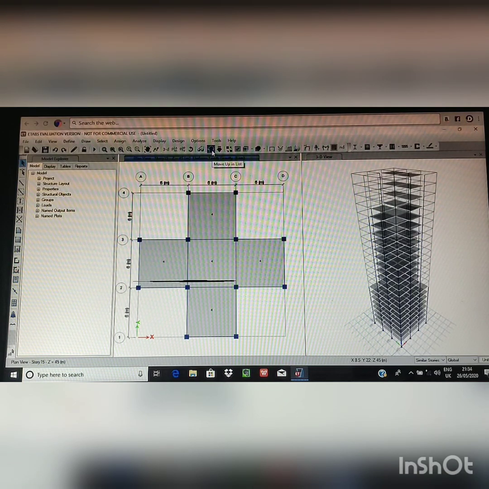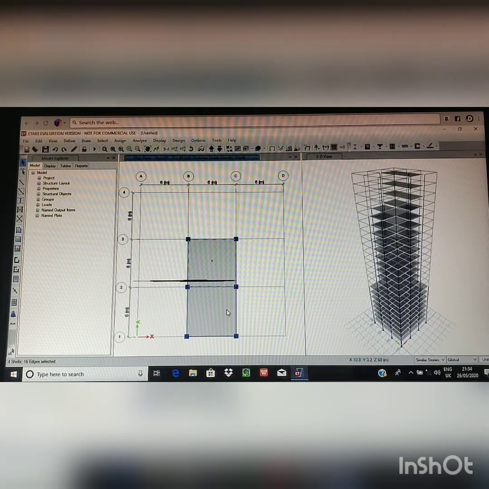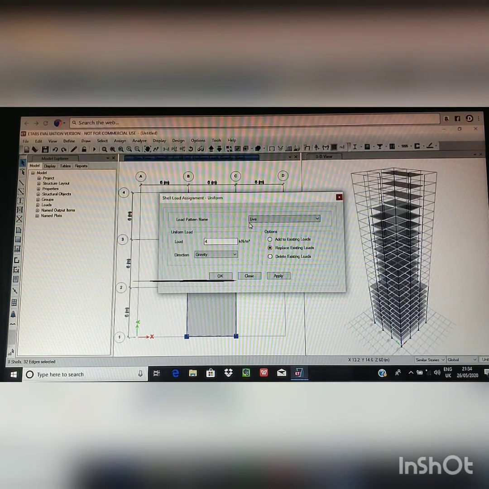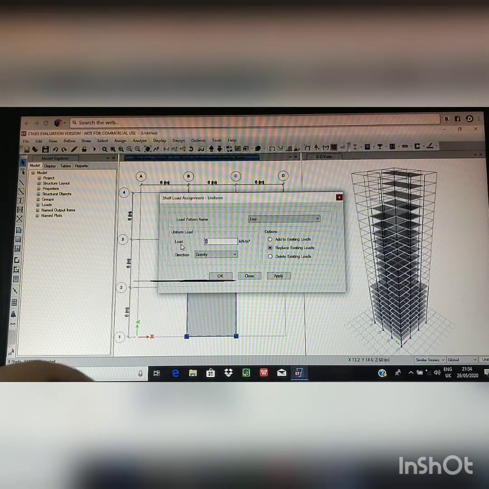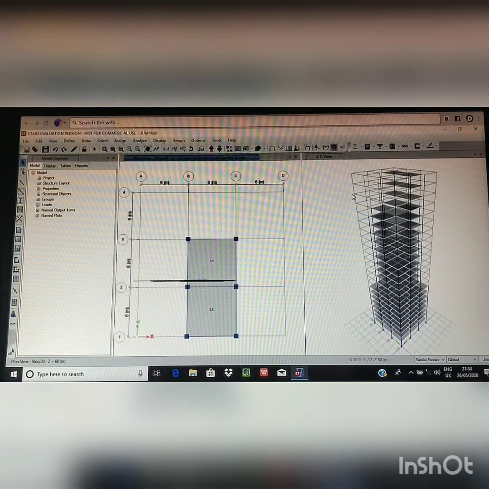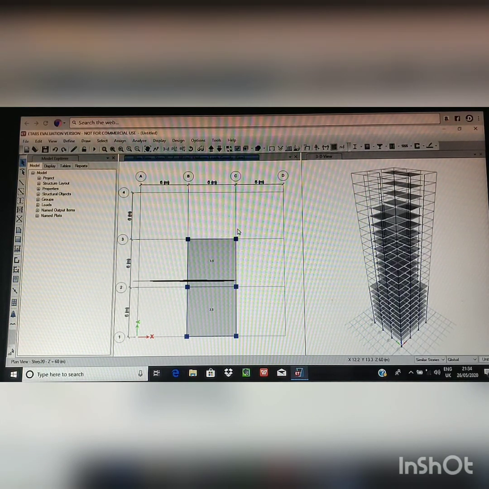Now go to story 20. Here we complete the live load.